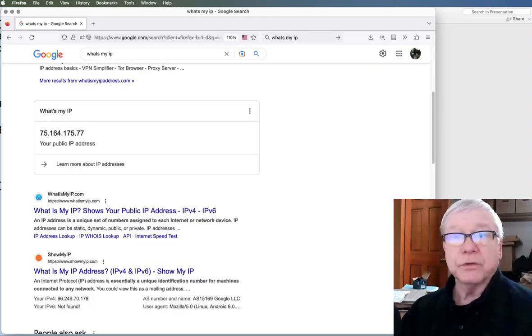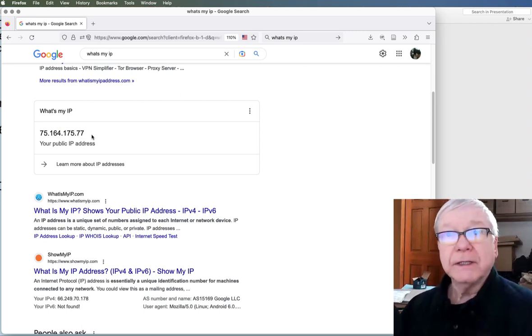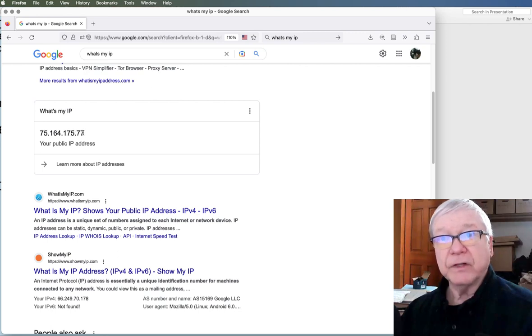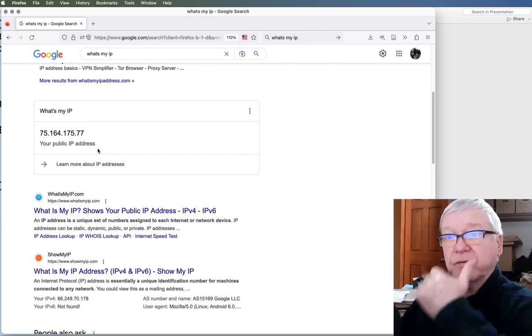Well, but who am I on the outside of the router in the internet? Well, there are any number of tools for going out to a website which will then tell you what your public address is on the public side of my router. In my case, 75.164.175.77 is my public IP address that my router has on its outside interface.